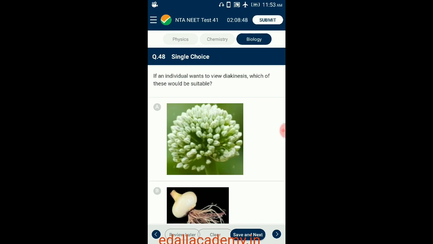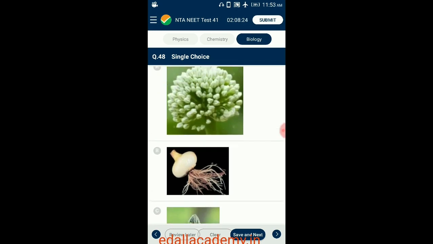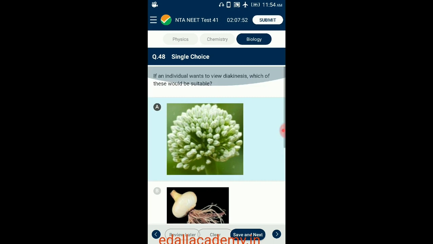Question number 48. If an individual wants to view diakinesis, which of these would be suitable? Here four diagrammatic representations are given. Flower buds are the reproductive structures that perform meiosis. Onion flower buds are commonly used to observe all the phases of meiosis with acetocarmine staining method. So the answer for this question is option A,